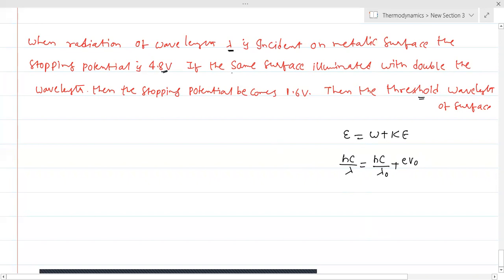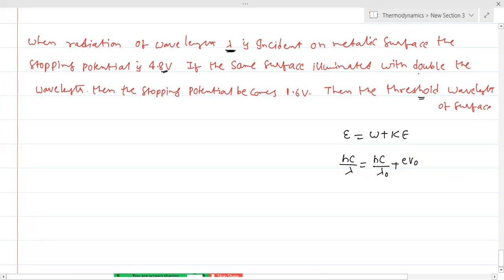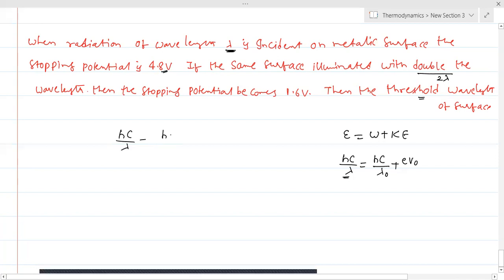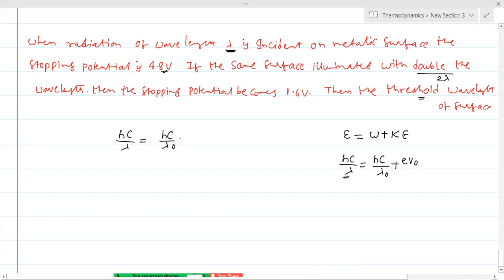So clearly you can see that initially they are having wavelength lambda. In the second case we are having double the wavelength. Therefore I'm writing hc by lambda equivalent to hc by lambda naught plus the first stopping potential, which is 4.8